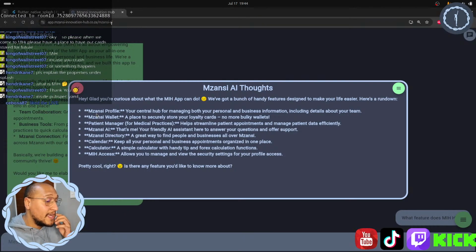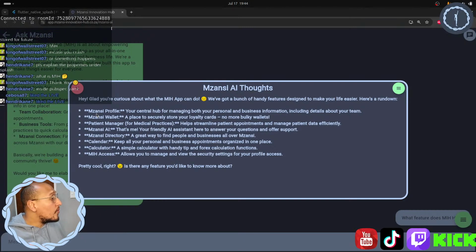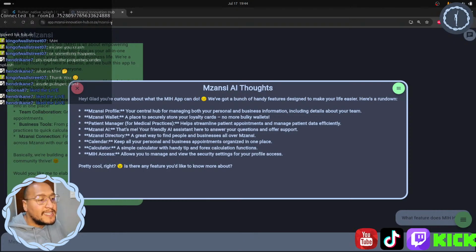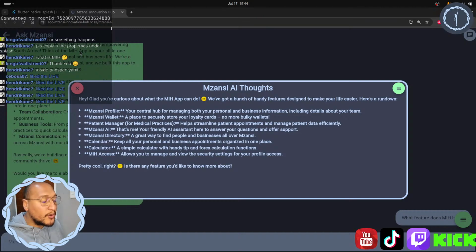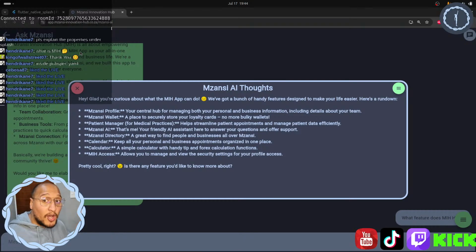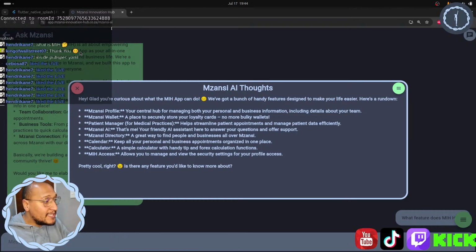The patient manager. It's mainly for medical practices, but it's both for personal and business users. The personal side gives you access to a patient profile where you keep all your information like doctor's notes, medical certificates, prescriptions, x-rays, quotes, all of these things get stored in your patient profile. On the business side, the patient manager is a place for doctors to plug into your data and see what previous consultations and appointments you've had, just to get a sense of what kind of patient you are, instead of starting from scratch if they're a new doctor.